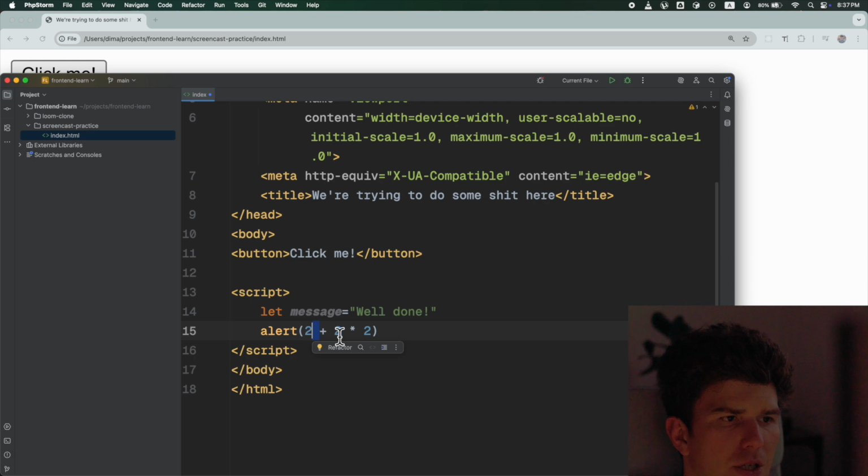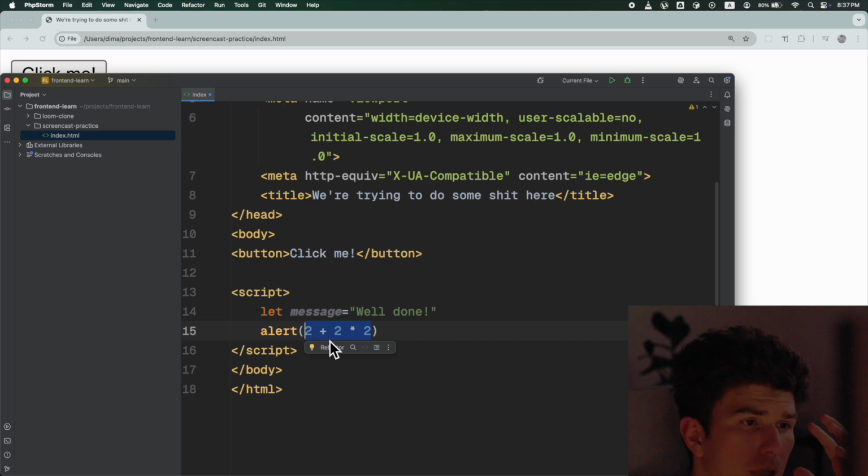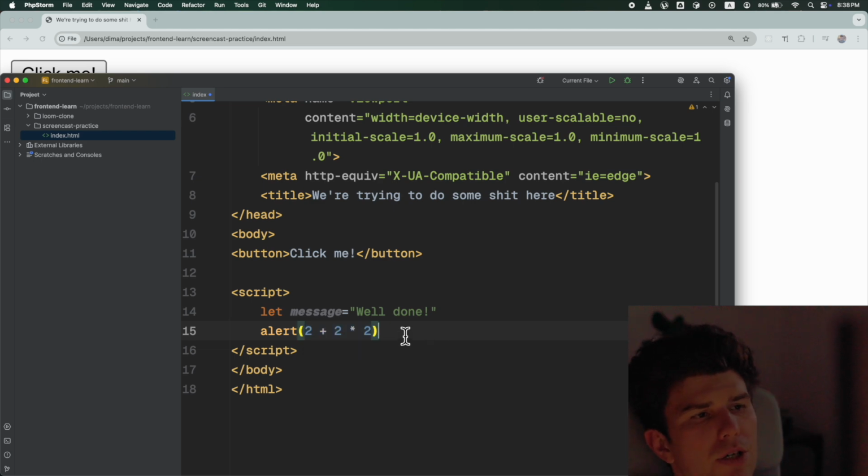These spaces here are not required, so we can remove them if you want. I like them here because it makes our code easier to read, which is an important thing, to take care of your code readability. Okay, so we can